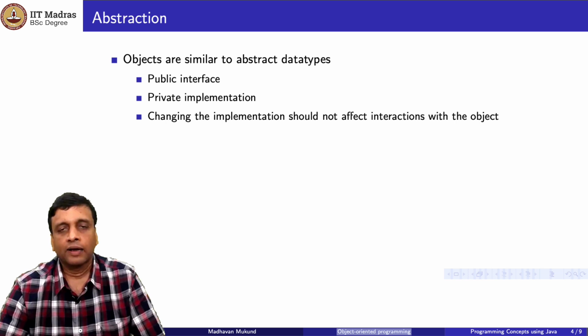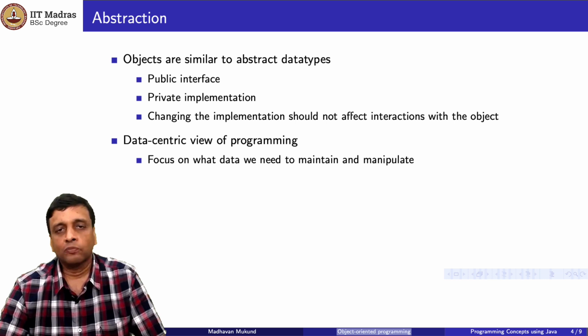And the whole principle of separating out the public interface from the private implementation is that if we, for whatever reason, change the private implementation, we might make it more efficient, more scalable, or any such thing, from a functionality point of view, the user of the public interface should not see any difference. So any code that uses this object should not have to change just because we have changed the way this object is implemented. So this is like a component in a system that we talked about when we were doing this kind of refinement. When we elaborate a component and make it more complex, the remaining components continue to interact with it in very much the same way.